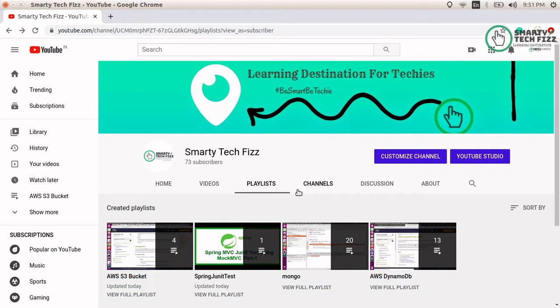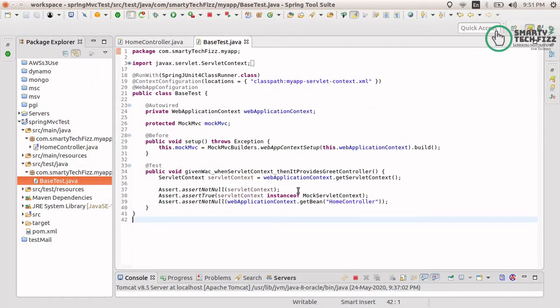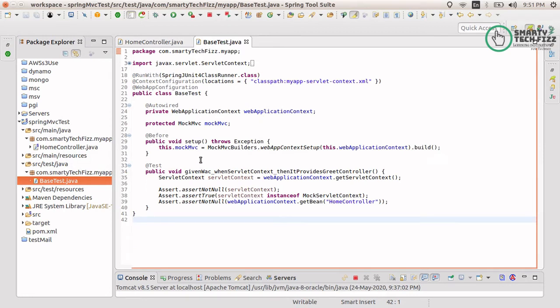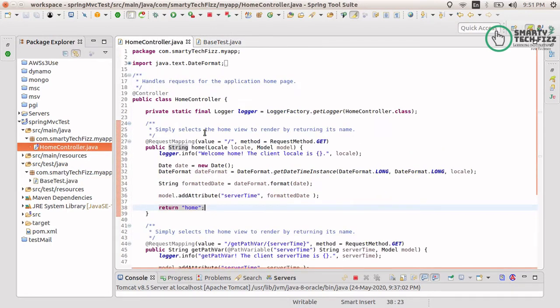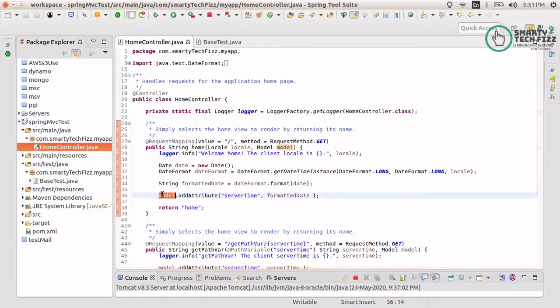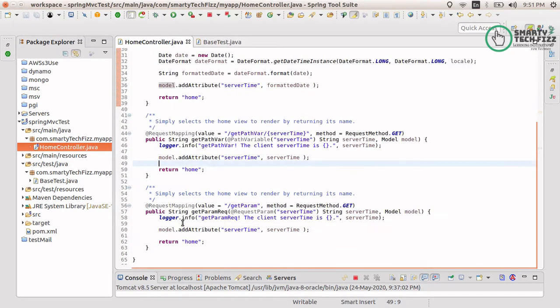So let's get started with today's topic, that is testing the get request with models and views in our Spring integration projects. So here we are. We have already done the configuration part of the mock MVC that we have done using the base test class. Now we just need to implement this class in our test class for the home controller. This is the controller which we have tested earlier just for the base test, for testing the configuration. Now we will be testing these models that are returned by this controller and this controller and this one too.